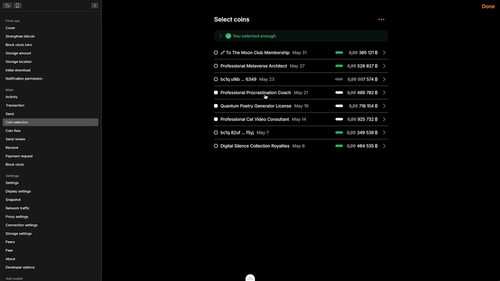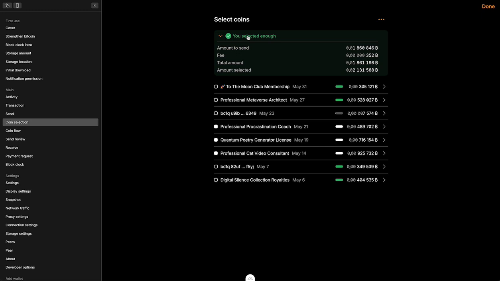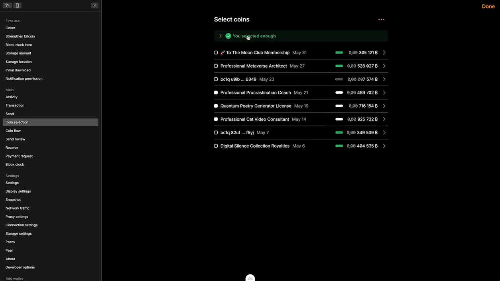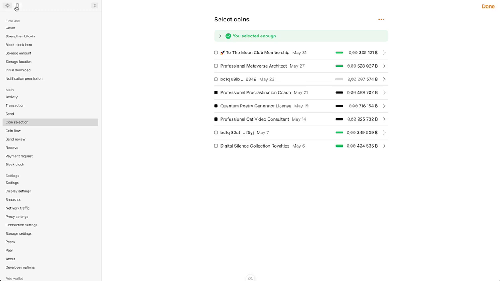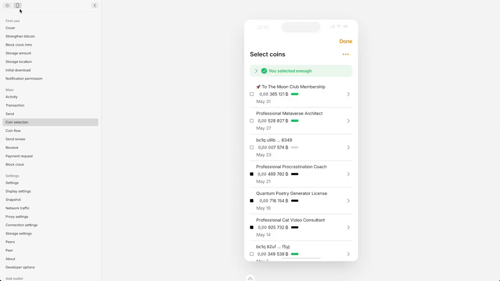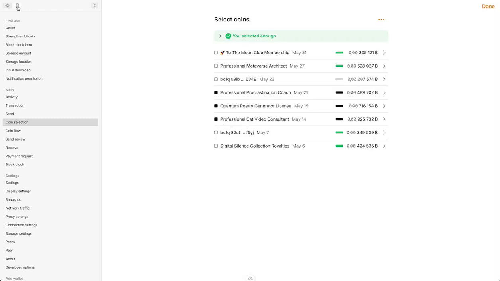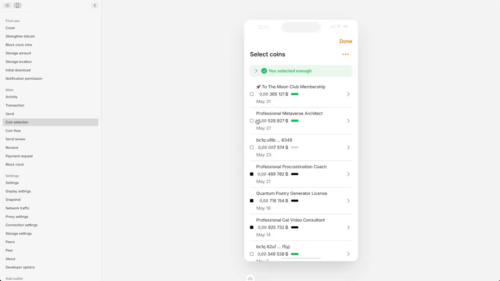And once I've covered enough, it tells me I have selected enough. This might not be the best verbiage here, but I wanted to make it very, very clear what that looks like. If we look at it on, let's say, mobile and the light mode, this is what that looks like. You can see the layout changes quite a bit. All the items get vertically stacked instead of horizontally, except for the balance or the amount, and this bar here